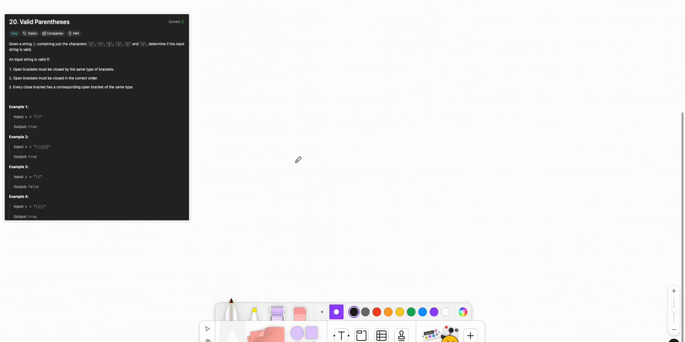Hello. Today we are going to be taking a look at Leetcode 20, Valid Parentheses. We've been given a string of parentheses and we've been asked to determine if it's valid or not. So the first example we've been given here is,